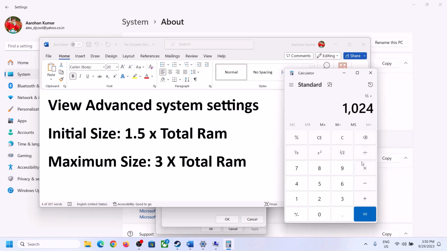So 16 GB in megabyte will be 16384. This is my total RAM in megabyte. Now 1.5 into total RAM, that is into 1.5. So in my case initial size is